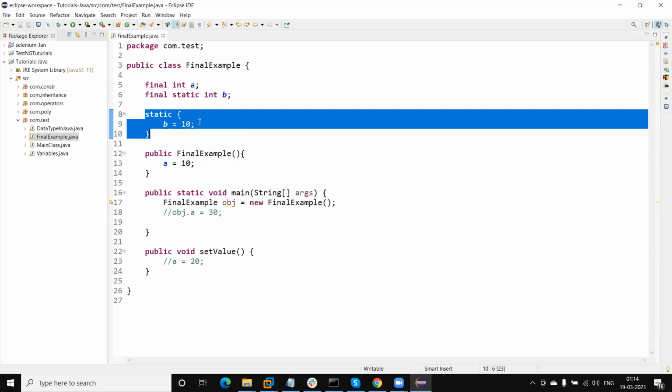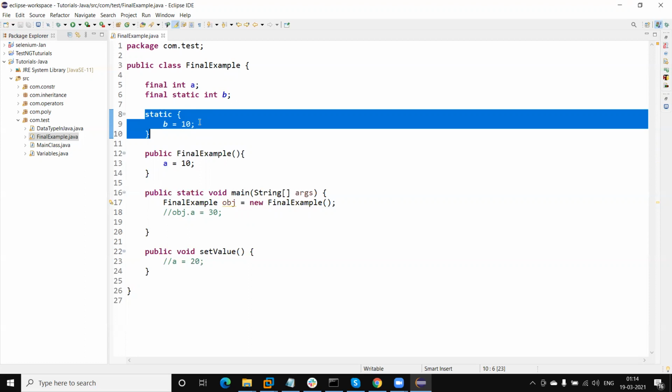So now we can create a final variable with the final keyword for both static and non-static variables. If we are not initializing those variables, then for static variables we must initialize them in the static block.